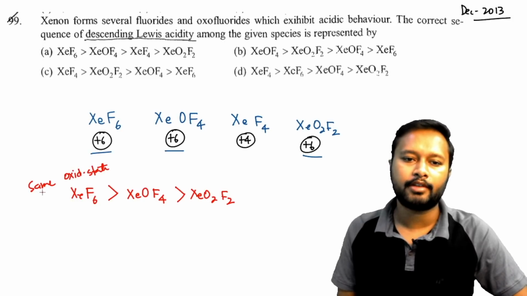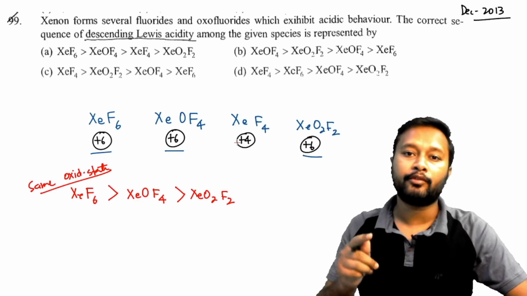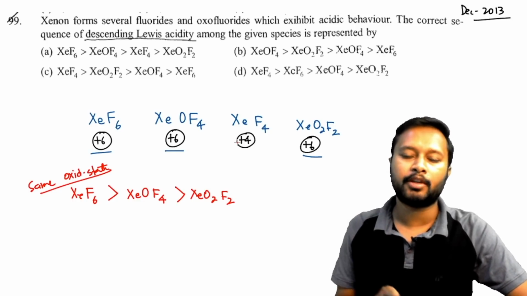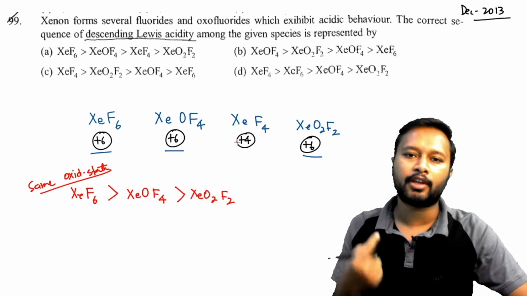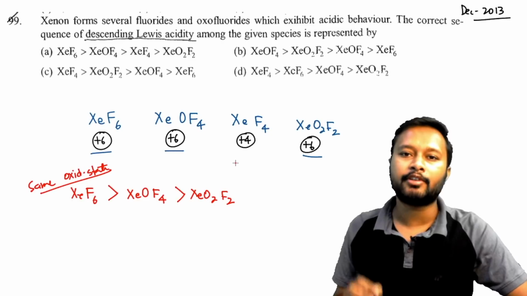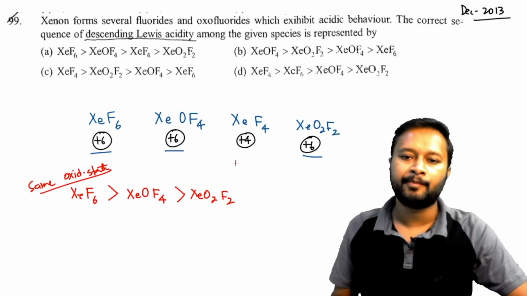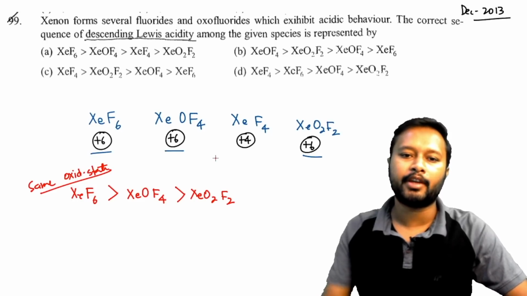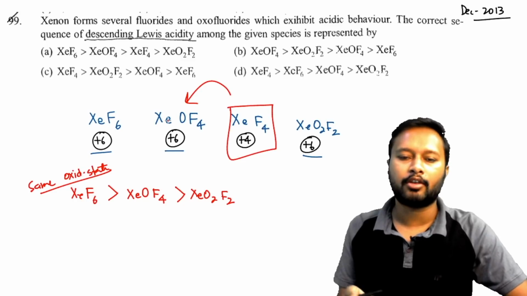Okay, now once you are done with the oxidation state, you have to look for rule number 3. What was rule number 3? It says that if the oxidation state differs, then you have to see the F content, and the one with a lower oxidation state having more number of fluorine will be more acidic. So how are you going to compare it? Can you compare this one with this? No, you cannot do that, because the number of fluorine atoms is the same in both of them.